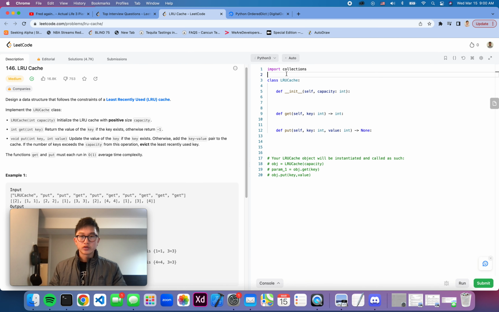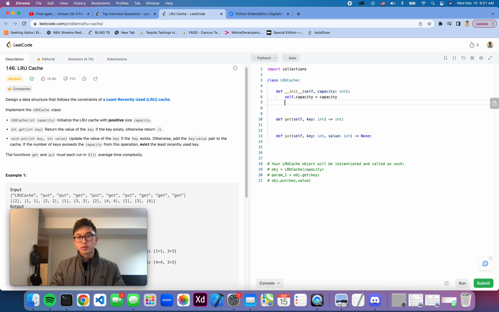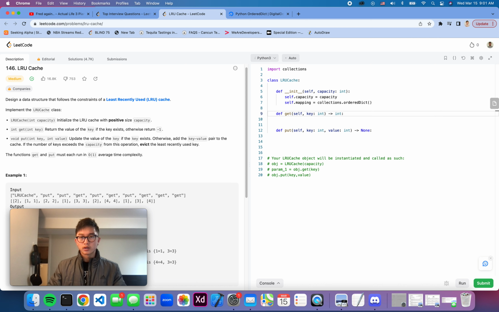So what we're gonna do is, I've already imported collections in here, and when we're initializing our cache, let's just set the capacity to whatever is being passed in. And I'm gonna call this our mapping, right? I think it's OrderedDict. Yes, OrderedDict, just like that. Okay,